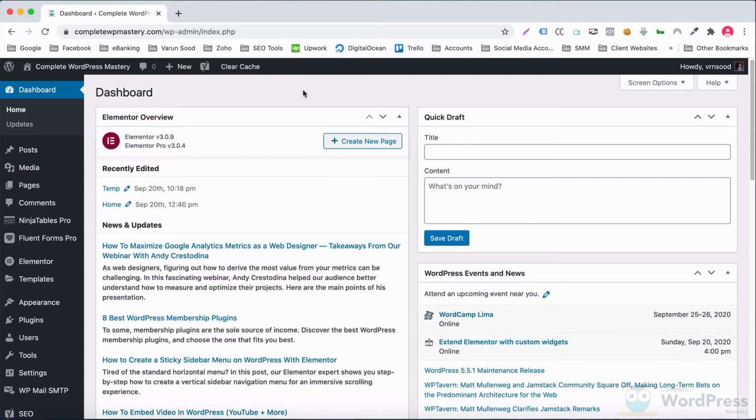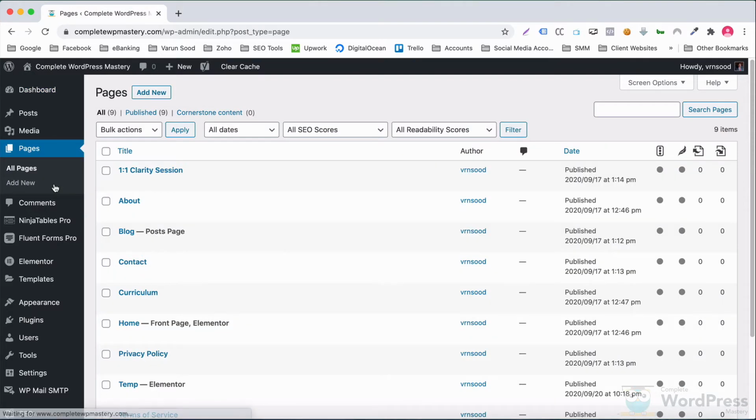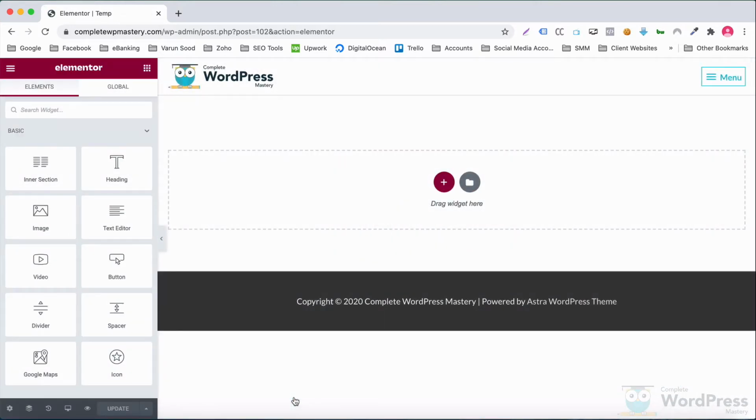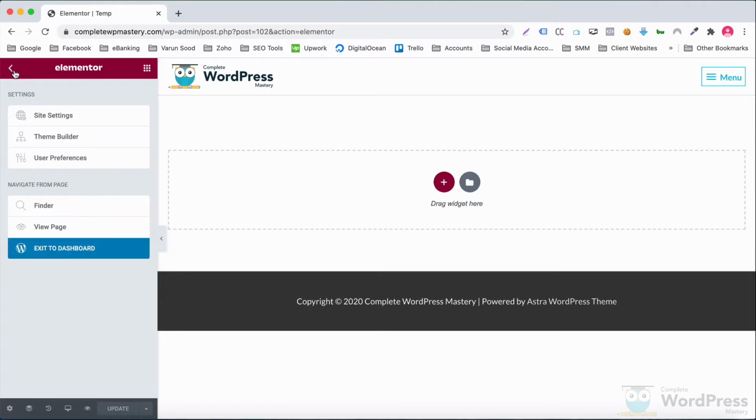While designing your website, there are some settings that need to be applied across your entire site, not just to individual posts or pages. Elementor offers this functionality through what are known as site settings. To access Elementor site settings, simply edit with Elementor any post or page and click the hamburger menu icon in the upper left corner of the Elementor panel. Then click on Site Settings.